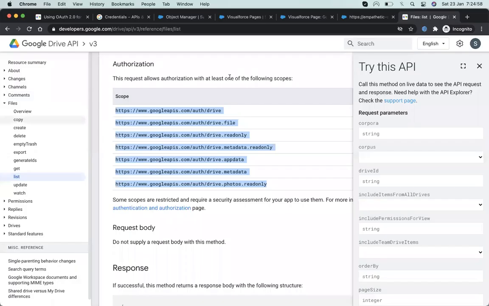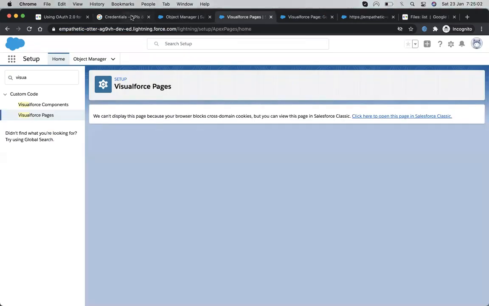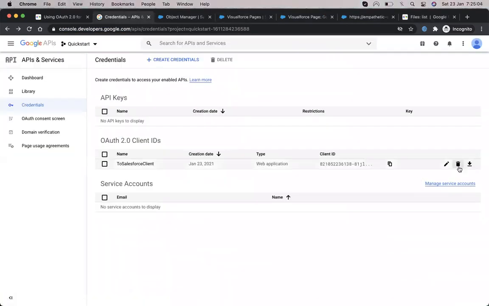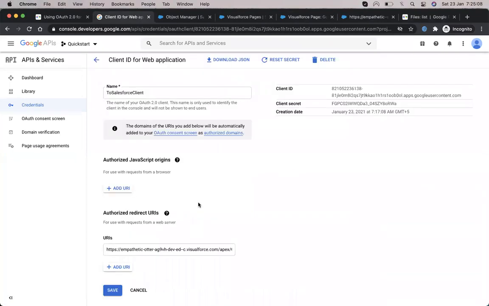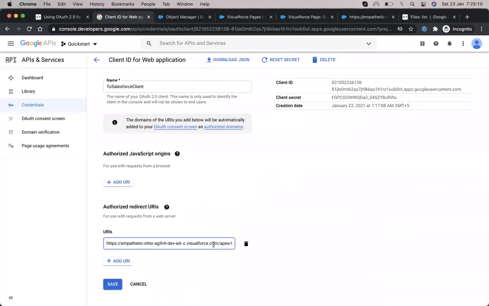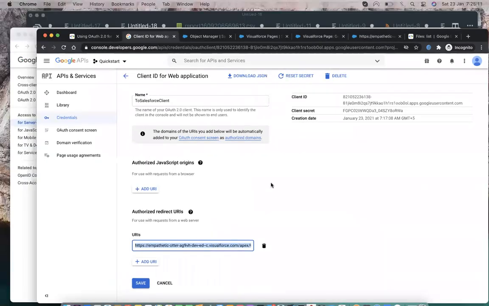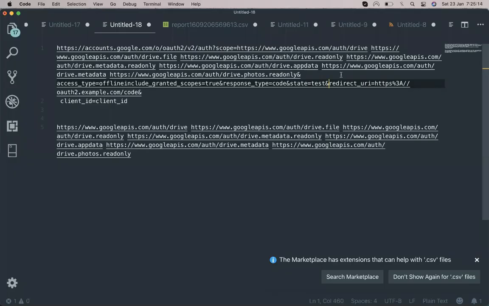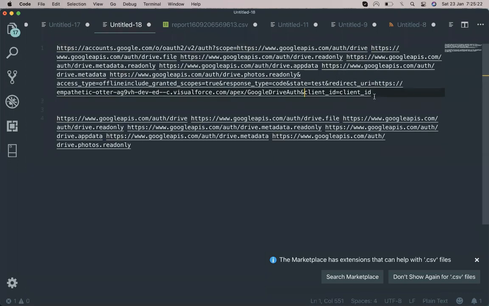What's the redirect URI? We added it over here. Let's see what the redirect URI is. This one. Copy this and come up here, and replace the redirect URI with our redirect URI. And then the last thing we have is the client ID.